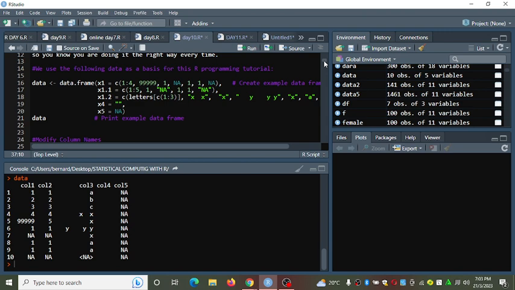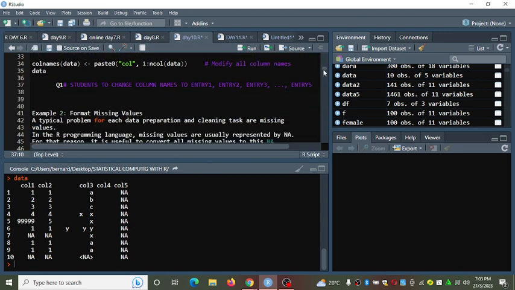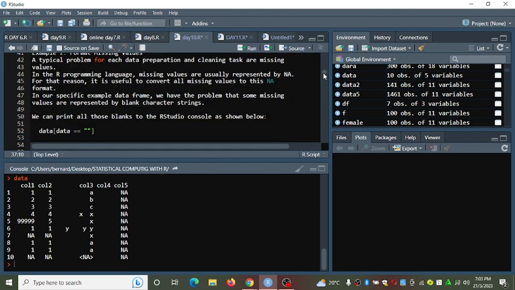That is what we mean, and we will see how we can handle that. For that reason, it's useful to convert all missing values to this NA format,